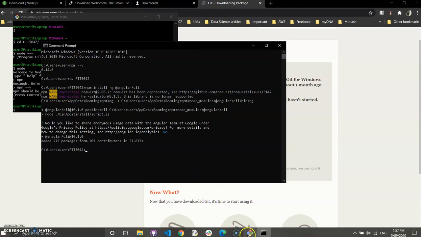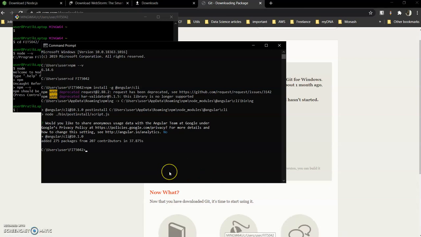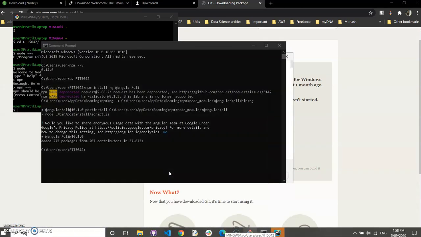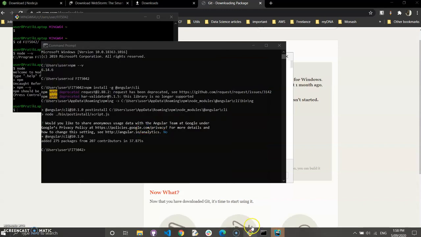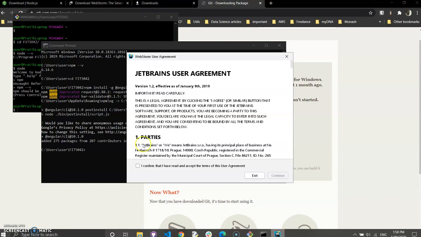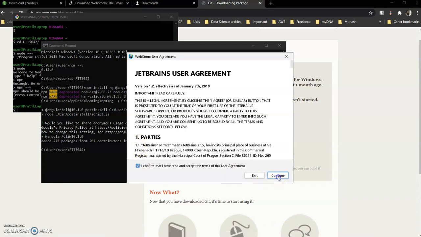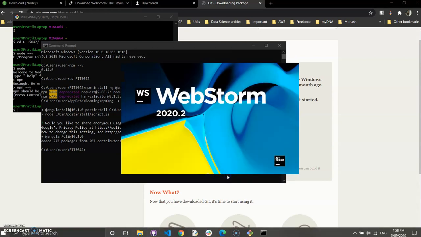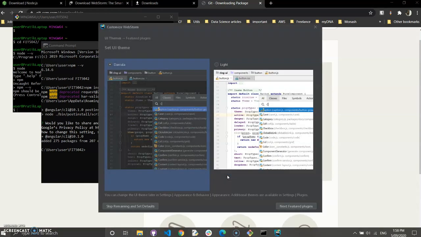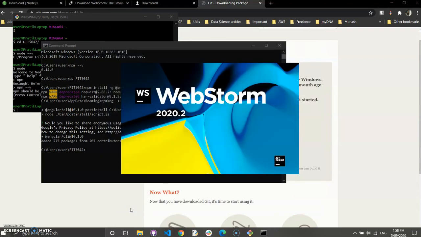Okay, the installation is complete. Waiting for WebStorm. Okay, we have WebStorm running. Really nice looking start screen there. Always a fan of dark mode, so skip and set defaults.